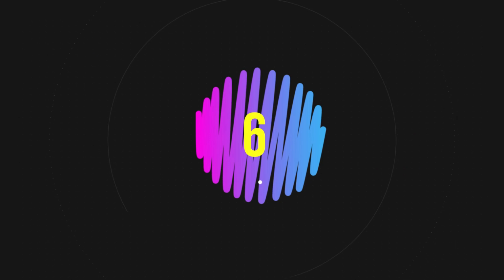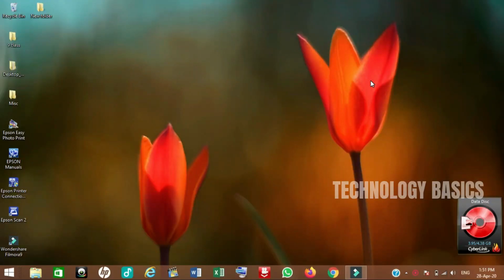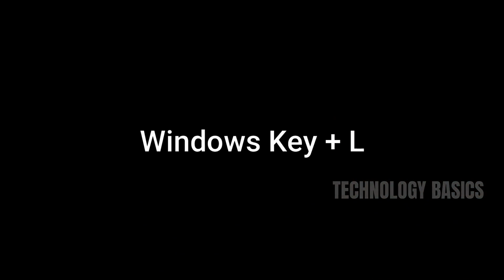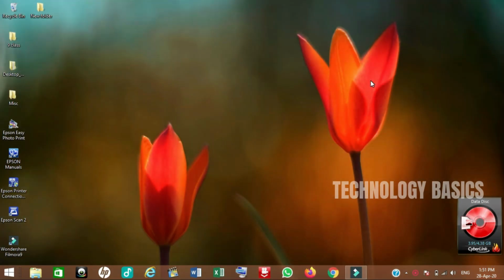If you want to make any changes to the options of the system while operating, or if you have any privacy issues, or if you want to go outside of the office or outside of the home, or if you want to have child restrictions on the system, you can directly press the Windows key plus L. It will lock the user session. You can see the screen, it is locked.